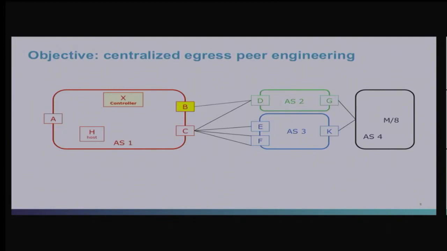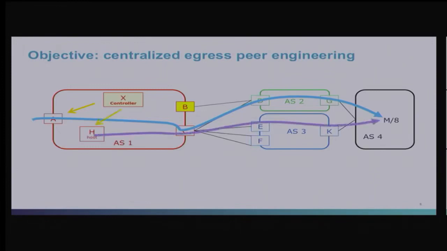So for example, the traffic from A to M/8 would be directed via C instead of B, and then use the green transit providers, while the traffic from a host H within AS1 is directed to M/8 via another border router than the best path, so C in this example, and via a different peering link and transit AS, for example, the blue AS and the peer number E.